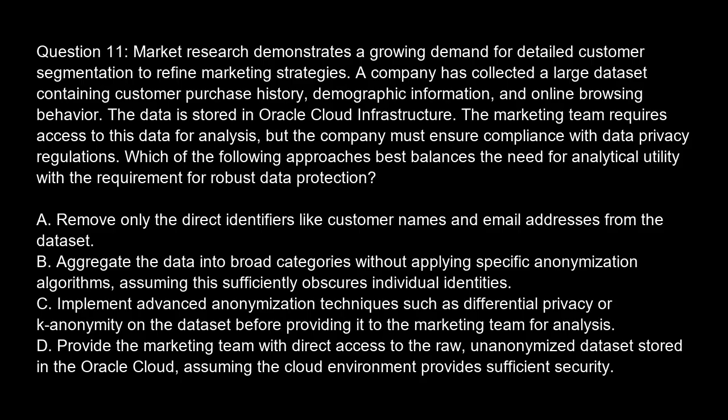Which of the following approaches best balances the need for analytical utility with the requirement for robust data protection? Option A. Remove only the direct identifiers like customer names and email addresses from the dataset. Option B. Aggregate the data into broad categories without applying specific anonymization algorithms, assuming this sufficiently obscures individual identities. Option C. Implement advanced anonymization techniques such as differential privacy or k-anonymity on the dataset before providing it to the